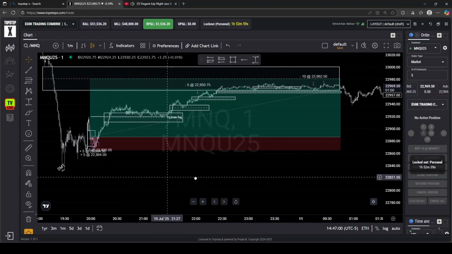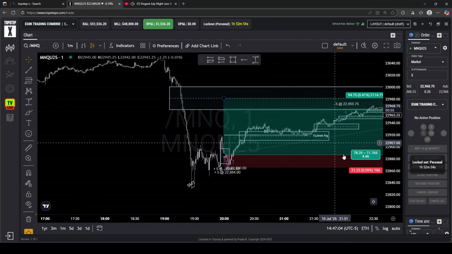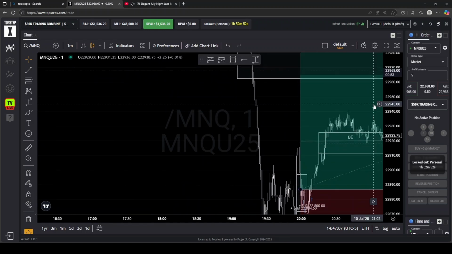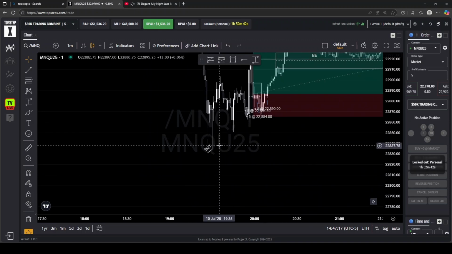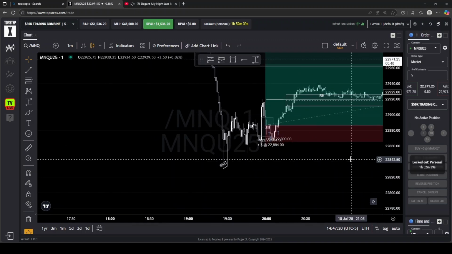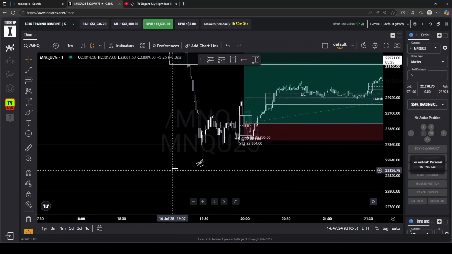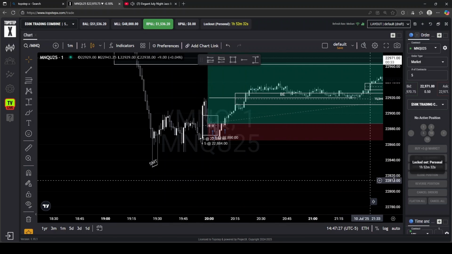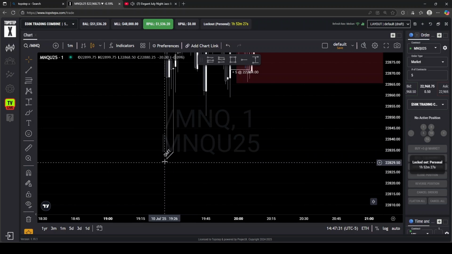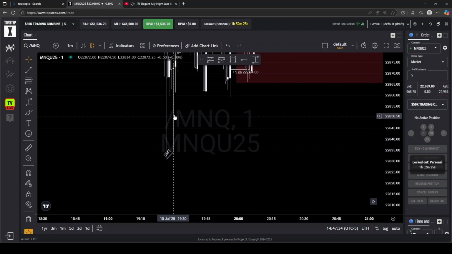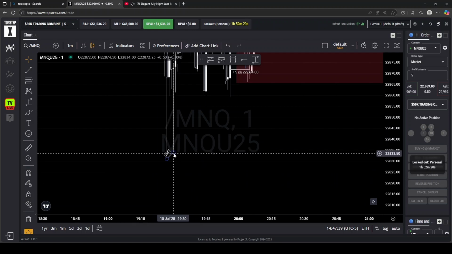I saw an opportunity because I knew buyers were going to try and take all this liquidity right here. So I waited for a good entry. I didn't notice there was an SMT here. Basically, an SMT is whenever the correlating asset of Nasdaq, which is ES, takes out the previous high, or vice versa. Here, this wick didn't take out this previous wick, and ES did. ES actually went up here, so this created an SMT.